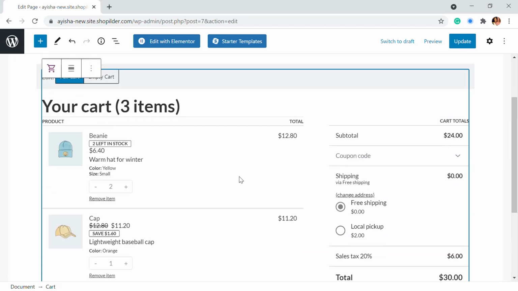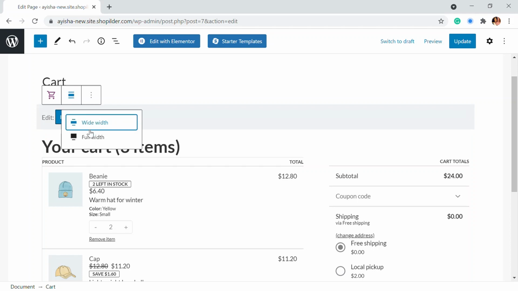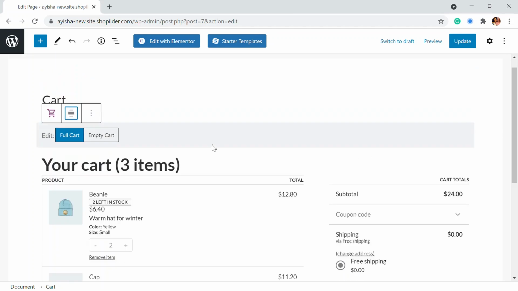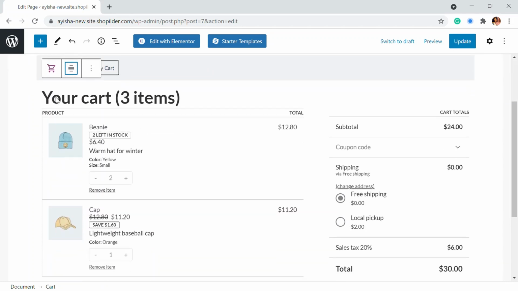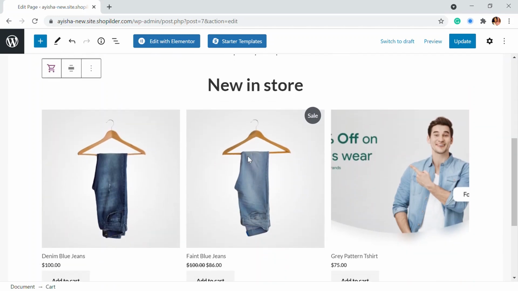This is the cart that's been given by the plugin. This is what it looks like in the cart. You can make minor adjustments, but that won't be enough, like full width and wide width. That's the option available. This is how a full cart looks like, and this is what an empty cart looks like.